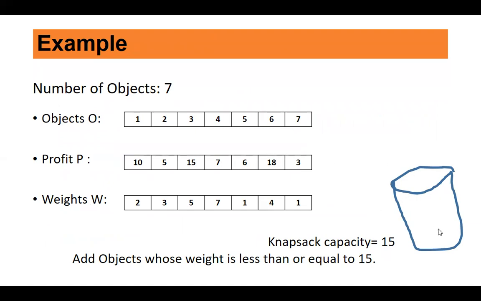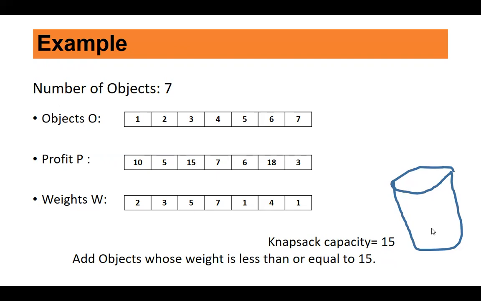And when you're putting the items, you need to remember the capacity of the sack. We should put in items which are less than or equal to the capacity of the sack, right? Now in our example, the knapsack capacity is 15. Now, this 15 may be kg or items or whatever unit you take. Let us assume it is 15 kg.